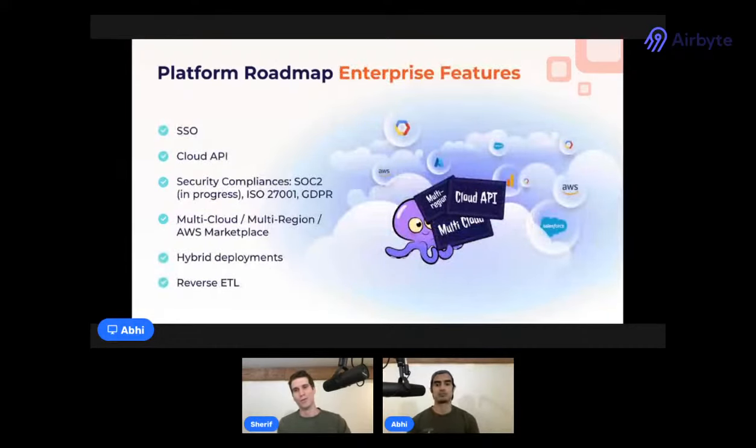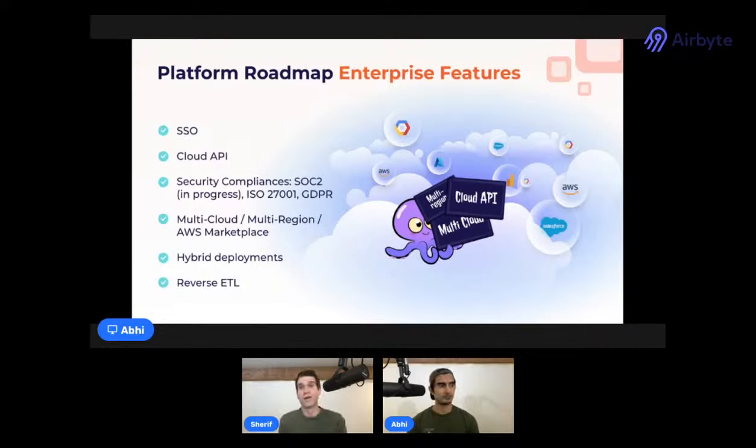Looking beyond Q2, we'll pursue features that will allow larger and more advanced organizations to succeed with Airbyte. Some key features there include SSO, cloud API access, and additional security compliances beyond SOC 2. In addition, we'll be expanding capabilities around where data transits. For cost, latency, and compliance reasons, it's important for data to always move through servers that are as close to where the data is going as possible. Thus, we'll be rolling out our cloud product across all major cloud providers and geographic regions.